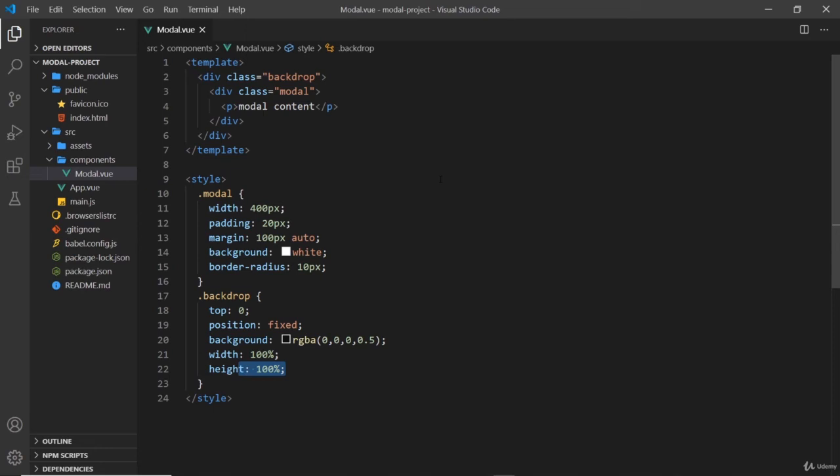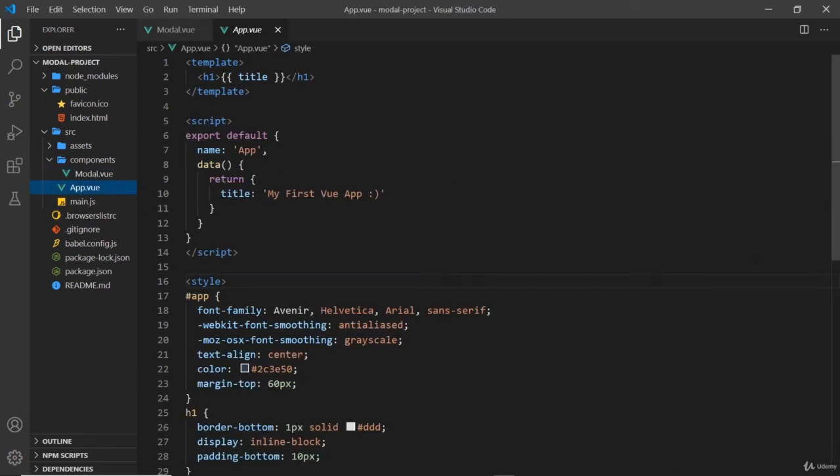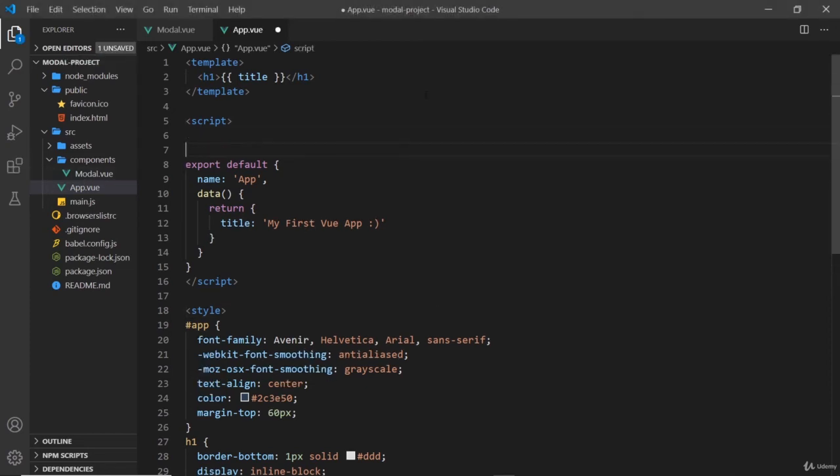Now we want to be able to use this modal component inside our app component. So how do we do this? Well, it's pretty simple. There's a couple of different steps. First, we have to import this modal component inside the script. So you know, like we saw the Hello World component being imported before, we're going to do the same thing this time for the modal. So I'm going to say import and then modal from,